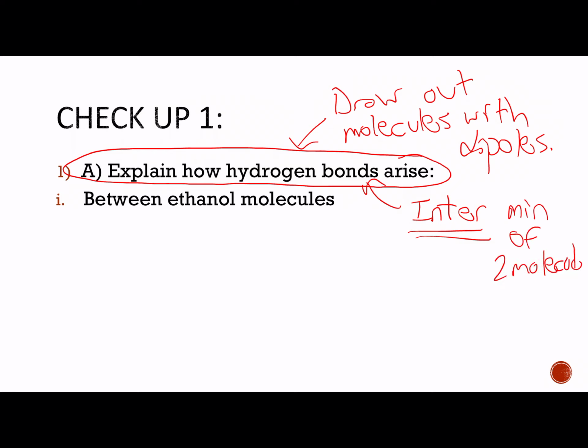Because inter, remember, means between, not within. So ethanol molecules. You need to write out 2 ethanol molecules, and then you want to orient them in such a way where the hydrogen bond can take place. So I'm going to write condensed, except for the O and the H. Because really where the functional group is, this is the only part that matters, because there's no hydrogen bonding going